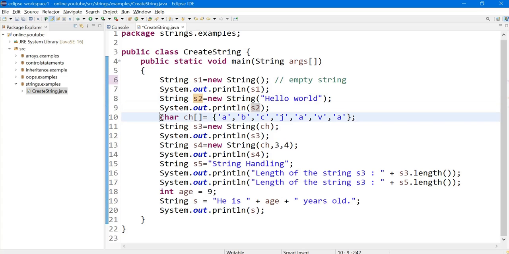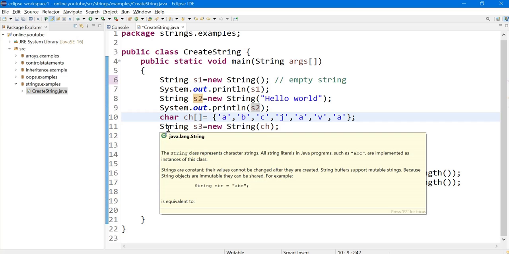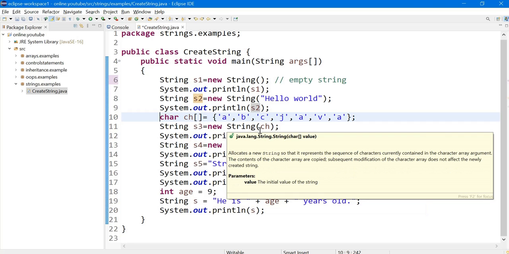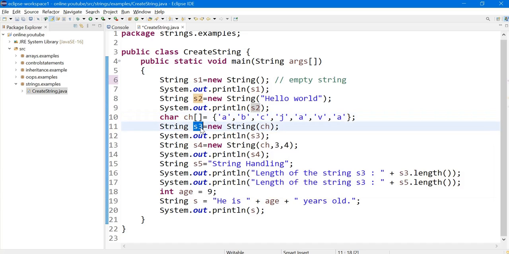And the third representation, if you see here, ch is a character array, and String s3 is equal to new String of ch. So I am trying to construct a string from the character array. And there is also another constructor which is used to construct a string, where I'm specifying the start index and the number of characters it has to extract from the character array.